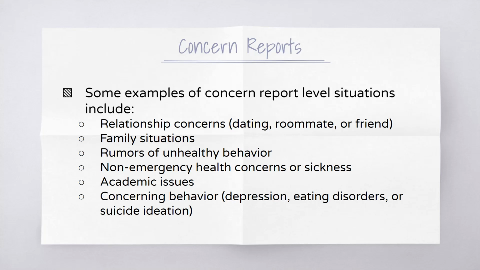Family situation, so if you have a death of a family member or something like that. Rumors of unhealthy behavior. Non-emergency health concerns or sickness. So if someone has the flu, that's a good way to let us know about it, just so we can track if there's a bug going through the halls. Academic issues, so someone's not going to class ever, or other concerning behaviors like depression, eating disorders, or suicide ideation,